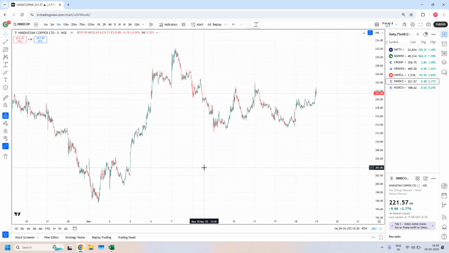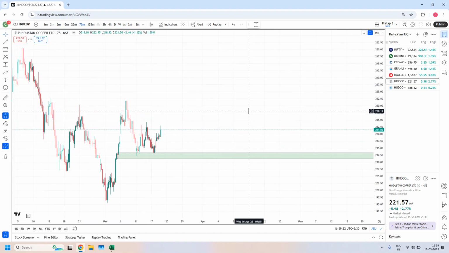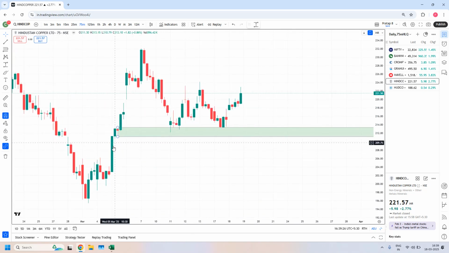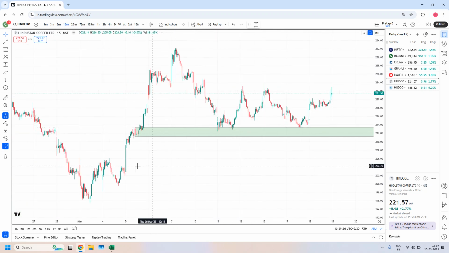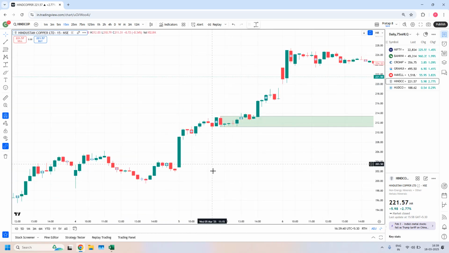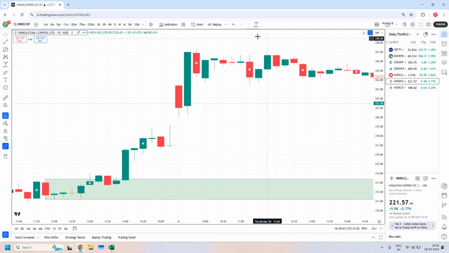And next one is Hindustan Copper. This is also a 75-minute zone, but it is a demand zone. Rally, 2 base candles and rally. But I didn't fine tune. Did you notice? Why? Good. Look into the 15 minutes, you will understand. In the 15 minutes, we have a drop base rally. If you draw this drop base rally,